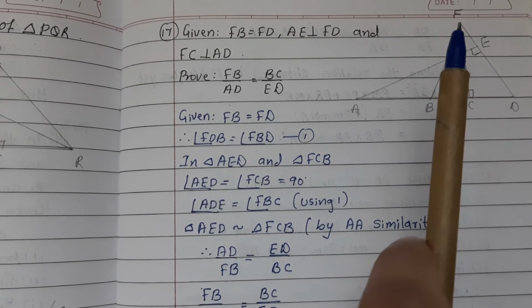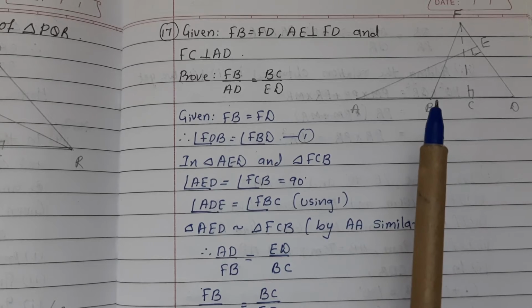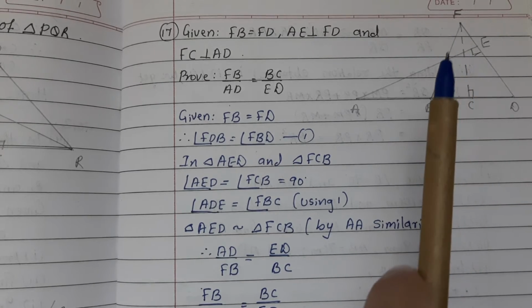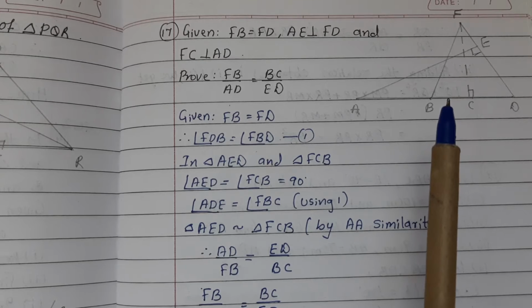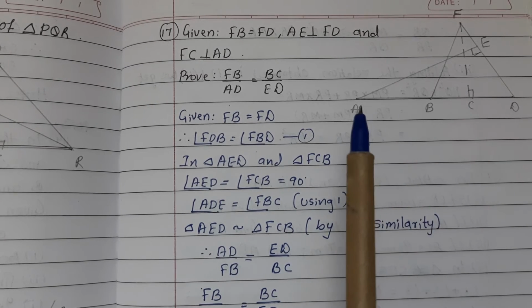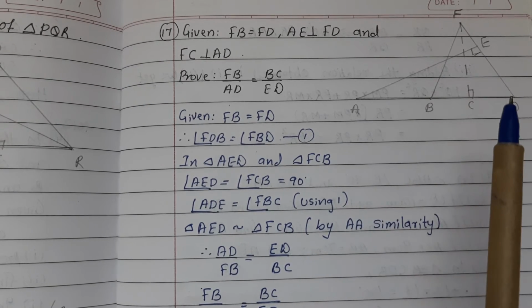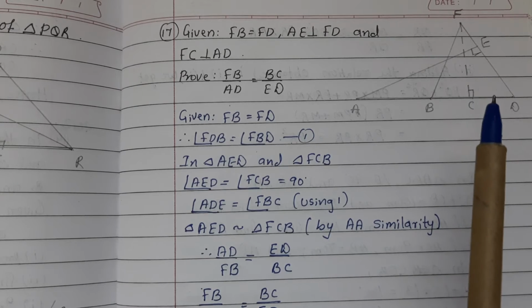Hence angle FDB is equal to angle FBD, base angles of isosceles triangle. In triangle AED and